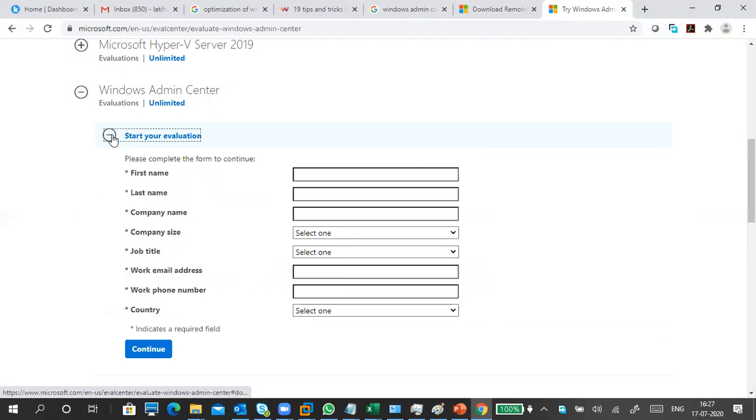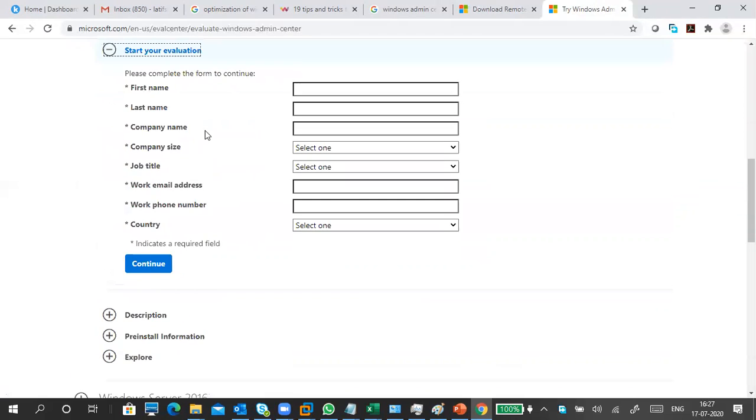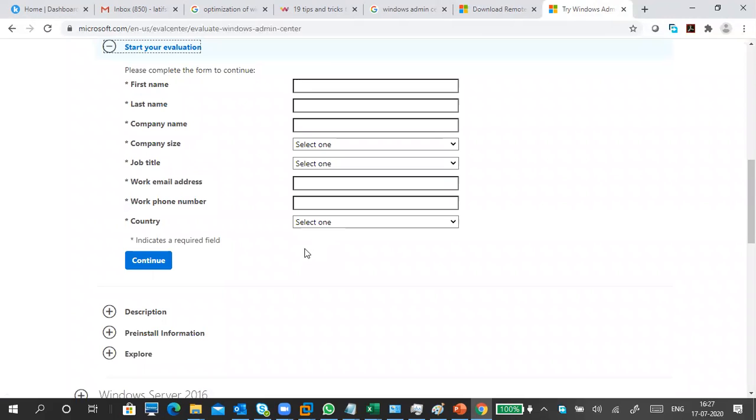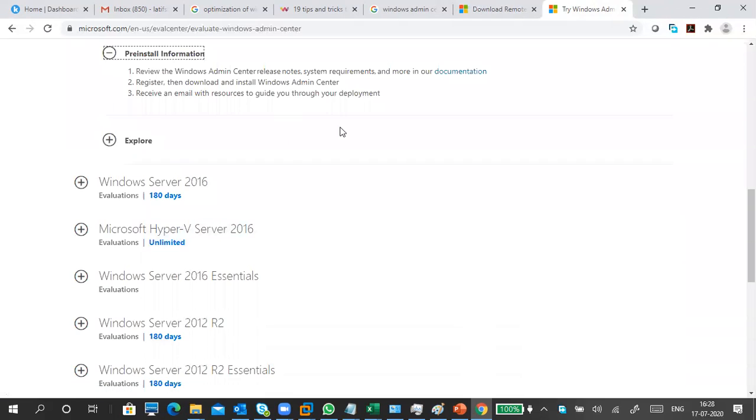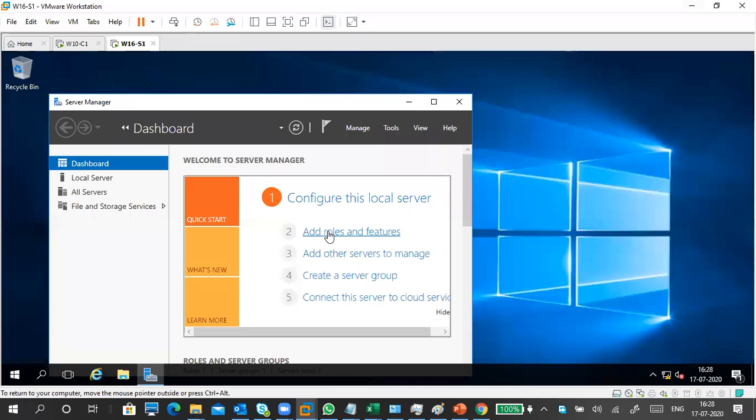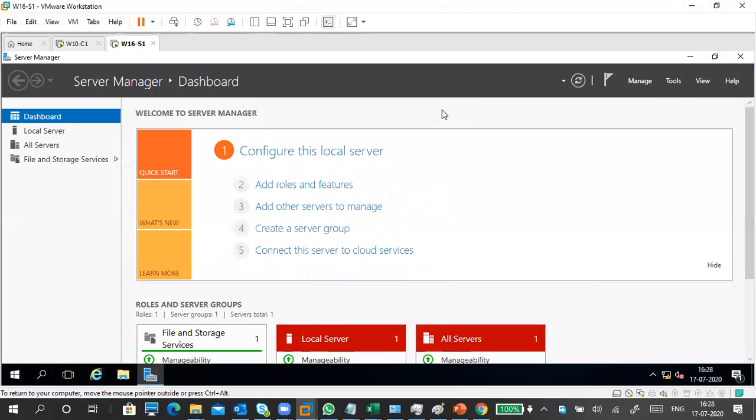You don't require a Microsoft account also. Just a work email, any email will work. I don't want to give it because I already have it, but always read the pre-installation steps. Okay, guys, so that is about administrating a server.